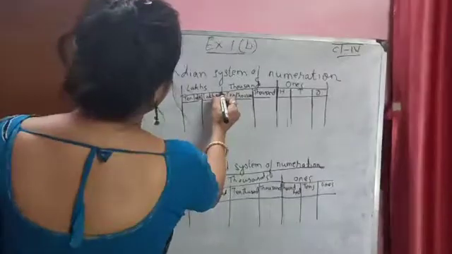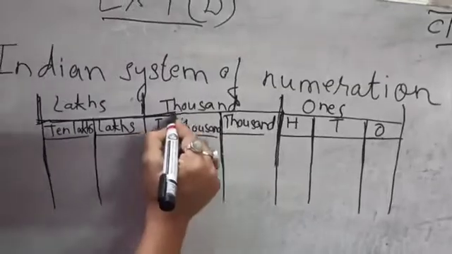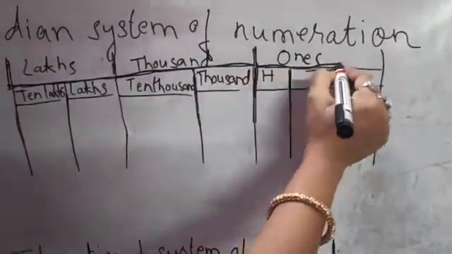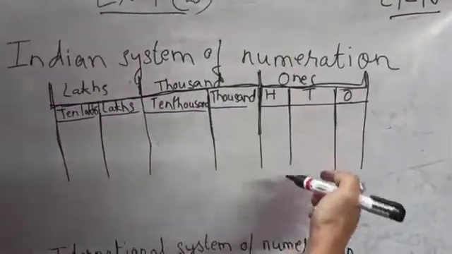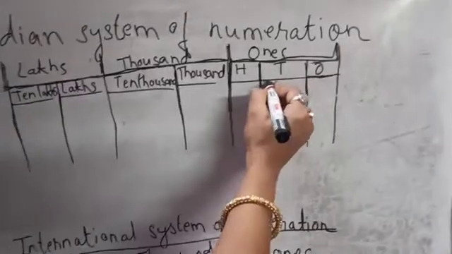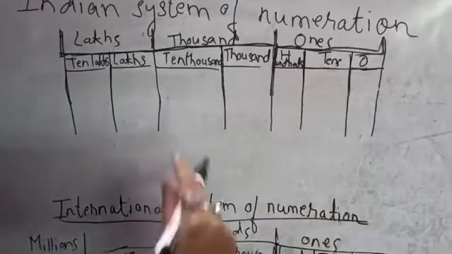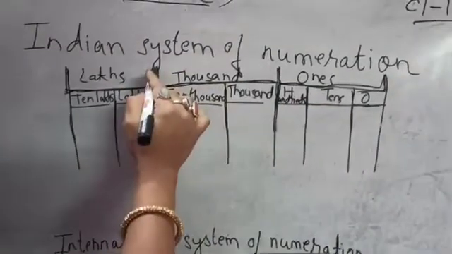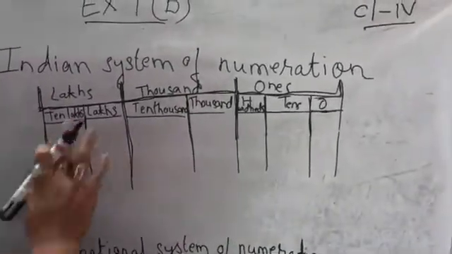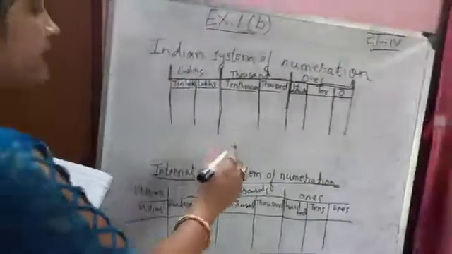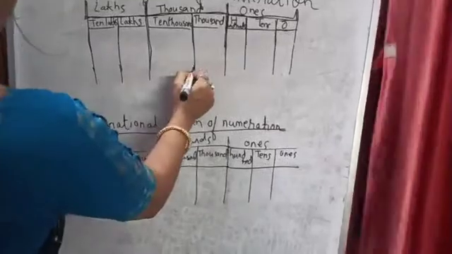You see the blocks over here very nicely. The lakhs block is given over here, the thousands block and the ones block. So depending on these three blocks you have to put the commas. See, in the ones place, here is ones given over here, then the tens, then the hundreds. This I discussed in your previous class. Now in the thousands category lies the 1,000 and the 10,000. And in the lakhs category lies the 10 lakhs and the lakhs. Okay, so these are the category-wise divisions which you find in the Indian system of numeration.